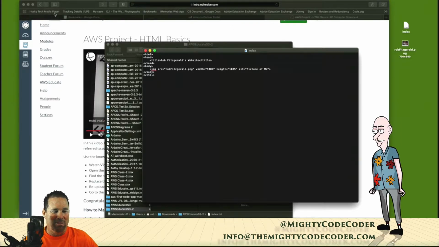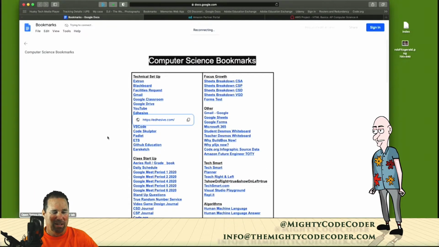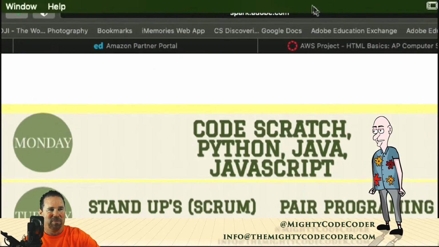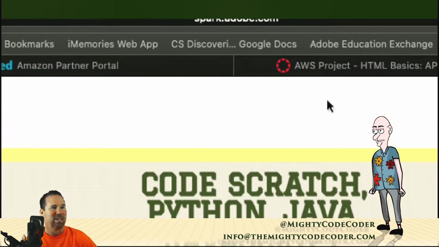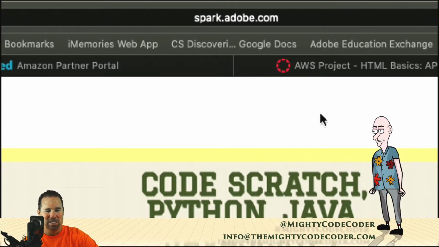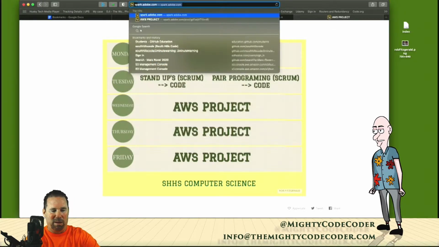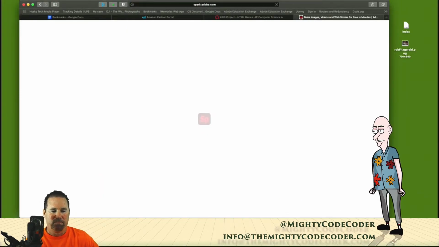It's the same site that you have your daily schedule created on, okay? So I made that through Spark. If you look at the code up here, it's Spark, okay? That image is. All right, and so I want you to be able to go to Spark and make your own also. So all you have to do is go type in spark.adobe.com,